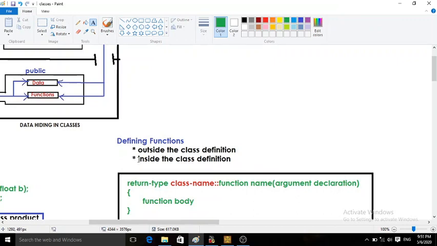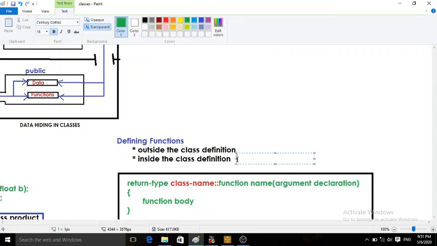When the functions are defined inside the class, they are also called inline functions, when these are declared within the class.